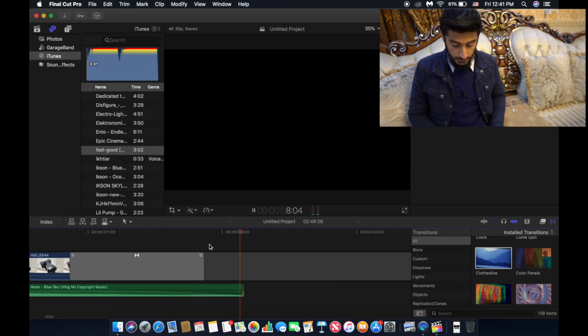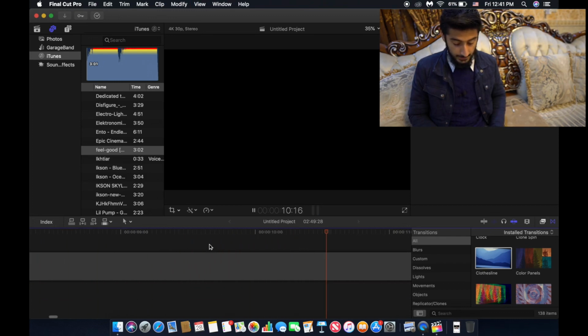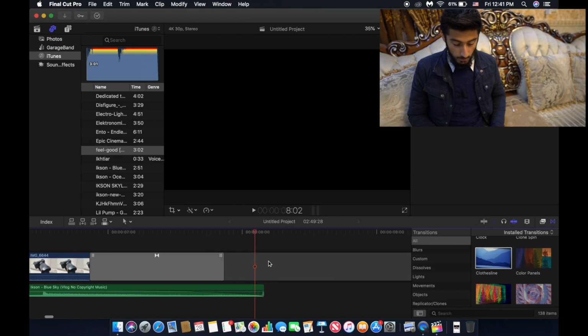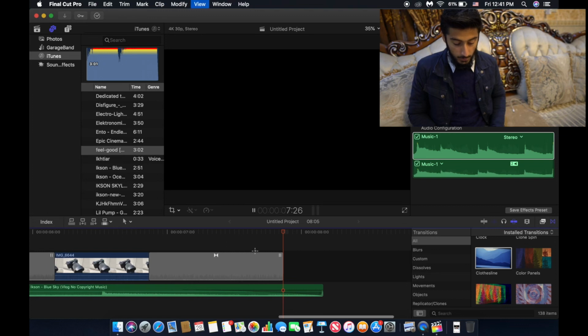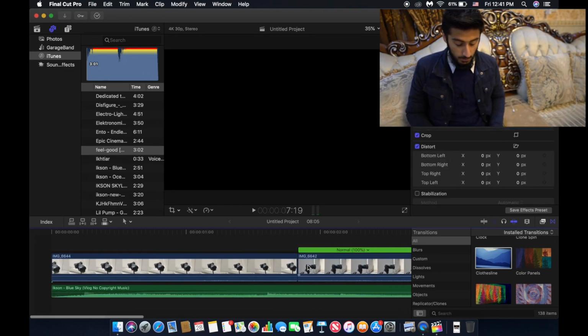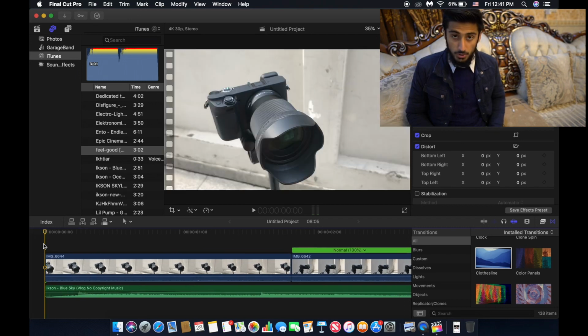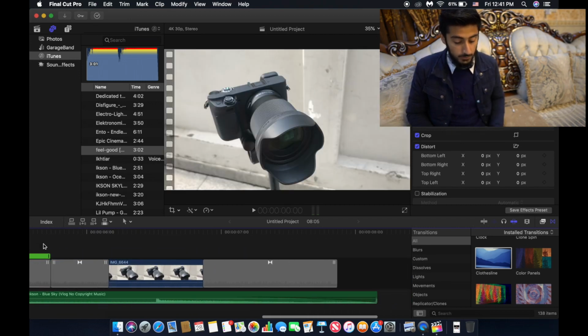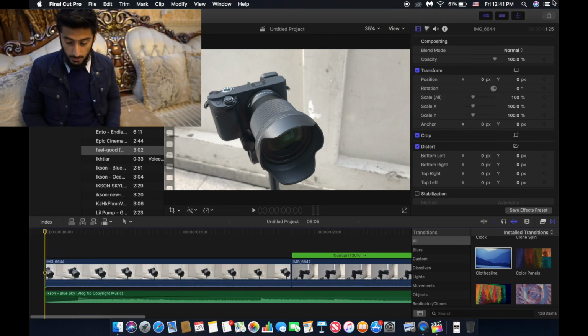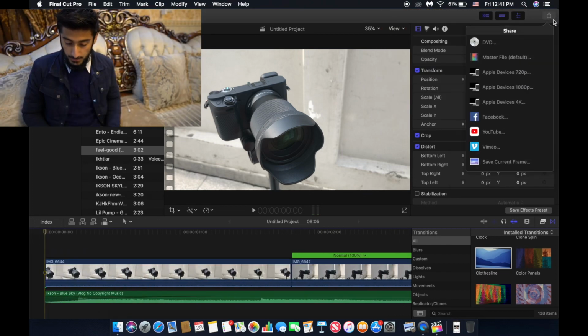Okay, so if you start the video, it will play till the end. We don't want that, so we can click on this extra section and delete that. Now it will only play till the music ends, till where you have edited. Okay, now if you say that this is the end of the video, then what you can do is go here in the corner and click on Apple Devices 1080p. If you want to export it in 4K, you can do that too, but if you want to do it in 1080p, click on this one,